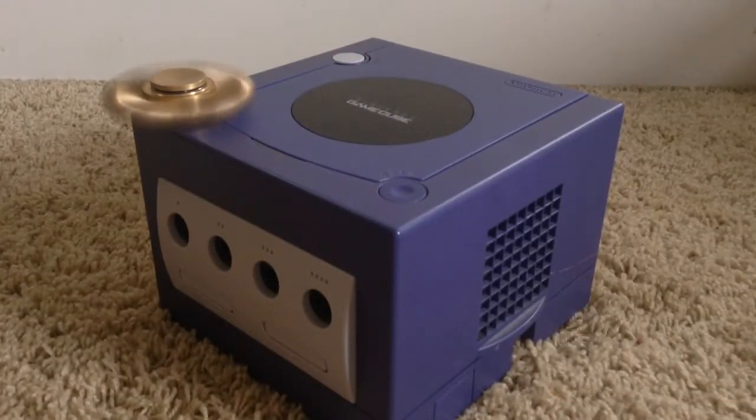Nintendo has always had a pretty good habit about keeping their consoles at a fair price. So coming in at number 5, we have the price of the GameCube. Now the GameCube launched at $200, which is considerably cheaper than the $300 price tag of the PS2 and the